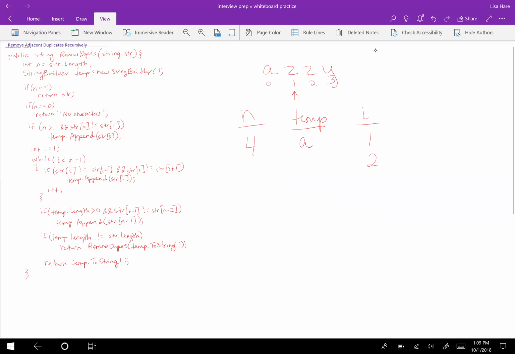So we just increase I, and we go in, and I is still less than n minus 1. So we're looking at our z here, and if we look left and we look right, it fails. So I plus plus now is 3, less than n minus 1? No, it's not. So we get out of the while loop, and if temp length is greater than 0, which it is, and string at n minus 1 is not equal to string at n minus 2. So if y is not equal to z, which that's true, then append. Okay, and then if temp length does not equal string length, which it does not, then we're going to return, remove dupes, temp to string. So now we're sending in our AY,